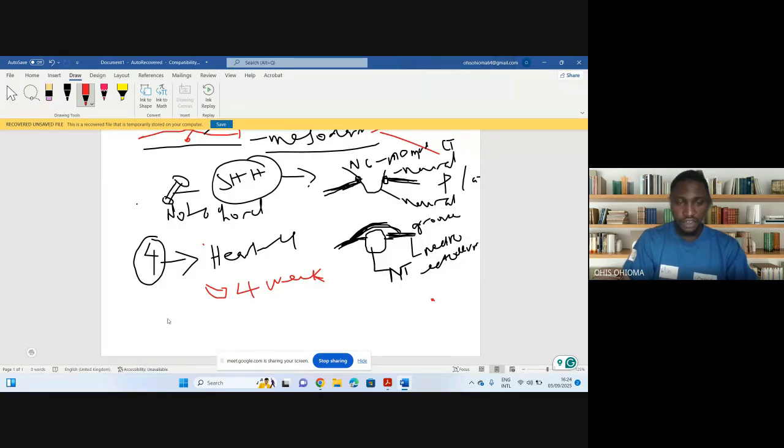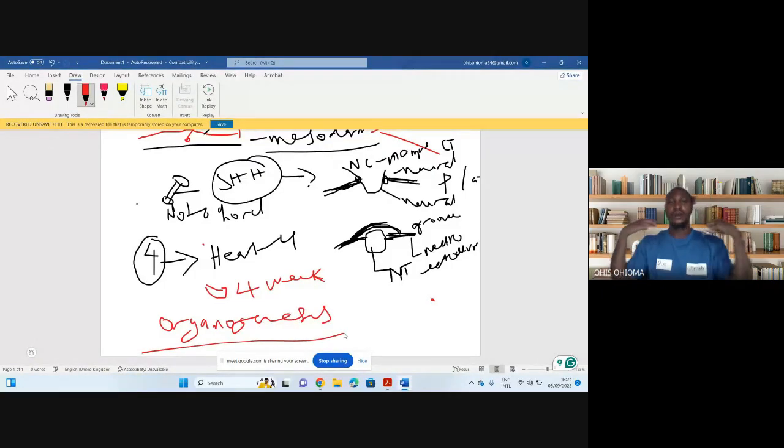And another thing you need to know is that after this 4th week, this week marks the beginning of what we call organogenesis. Organogenesis. So basically, the first 3 weeks are the most delicate weeks of the development of a fetus. Within the first week, or let's say the first 1 to 2 weeks,